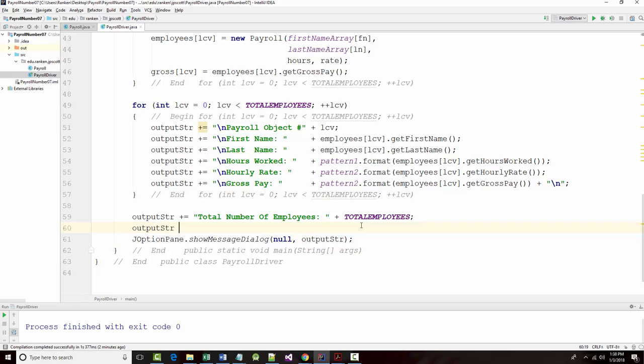Output STR plus equals total employee payroll amount. And that should be,